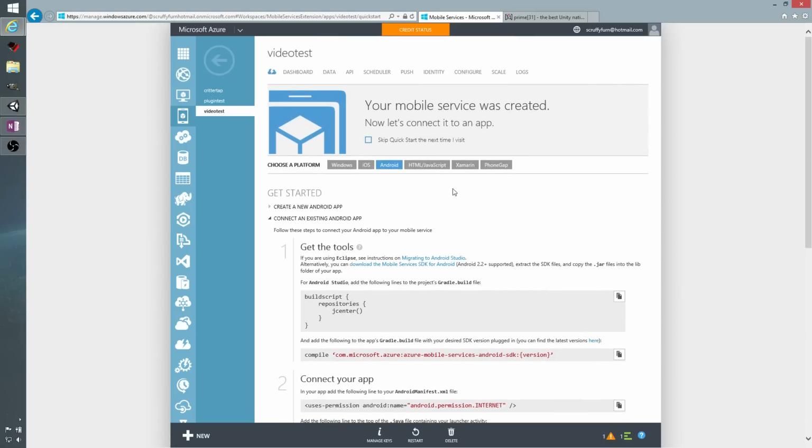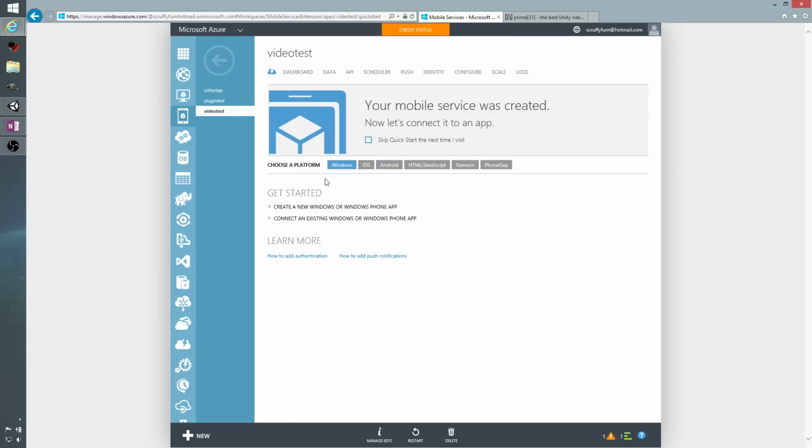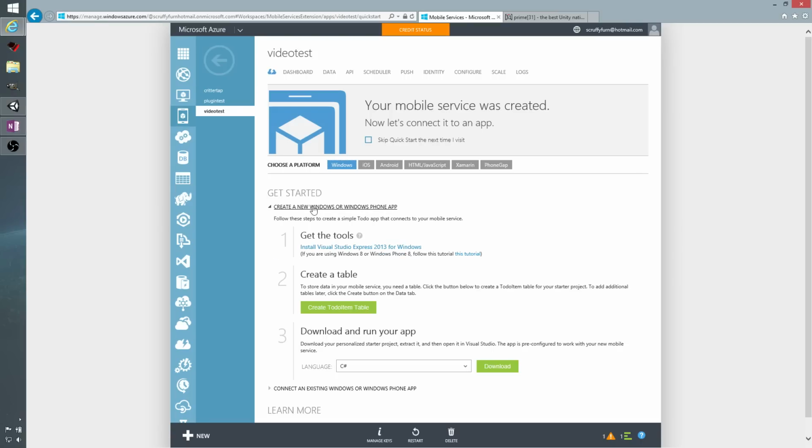So depending on what platform you're working with, you can work on that. But for our case, we're just going to use the Windows platform, and we're going to scroll down here to create a new Windows or Windows Phone app. I'm going to select that. And what I'm going to do here is create a new to-do item table. This is just going to initialize the table with some data for us, just for the purposes of this demo. Alright, so once that's done, there'll be a little check mark and it'll say this created the table of